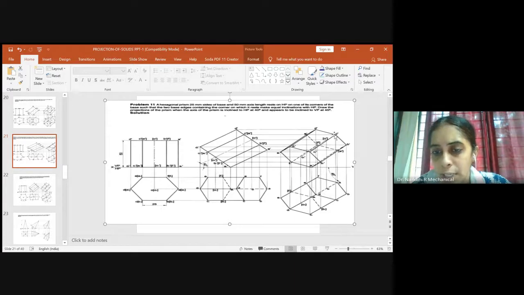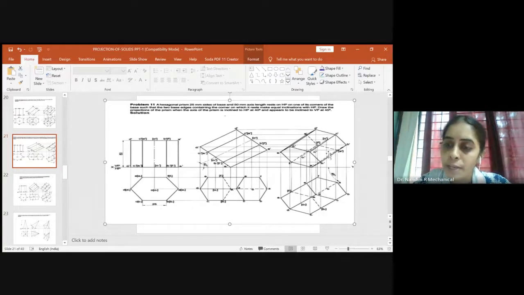And the locus of C is meeting C dash at this point. So draw the projection only until this point and name it C dash. And the locus of D is meeting D dash here. So take the projection until here and name it D dash. And the locus of E is meeting E dash at this point. So take the projection only to this point, not above, and name it E dash. And the locus of F is meeting F dash at this point. So name it F dash. Along with that, we have the center O, which is meeting O dash at this point. So name it O dash. So we have named the top surface also.